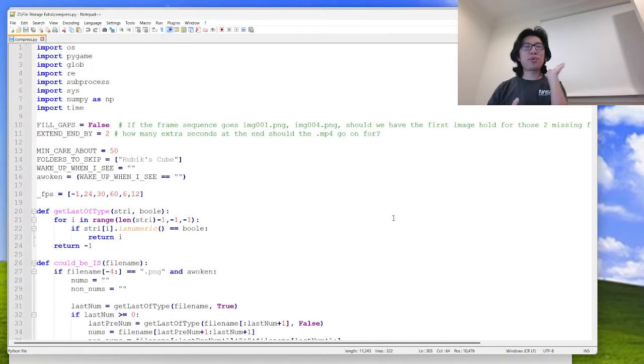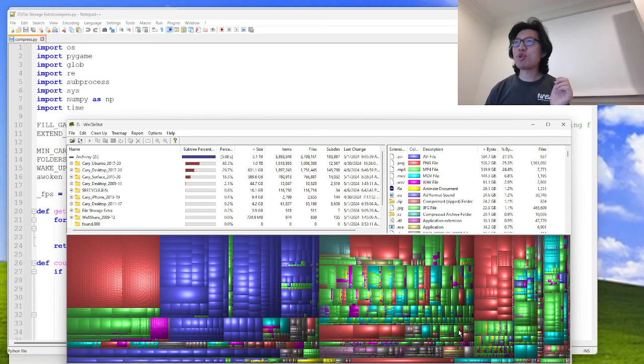Because on the pro side, it's everything I've already explained, right? Like I think I can lower this 3.7 million file count, which again used to be 4.9 million before I started running this code. I think it can lower it probably all the way down to under 1 million because, well, if you look